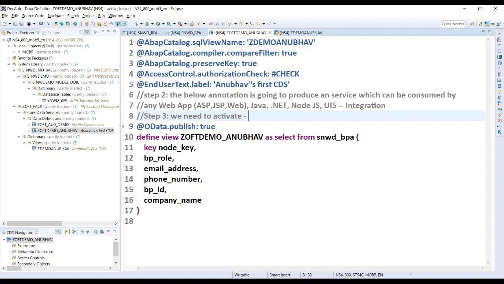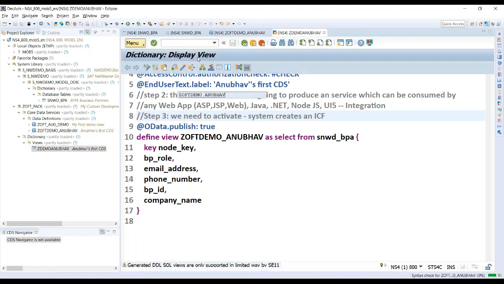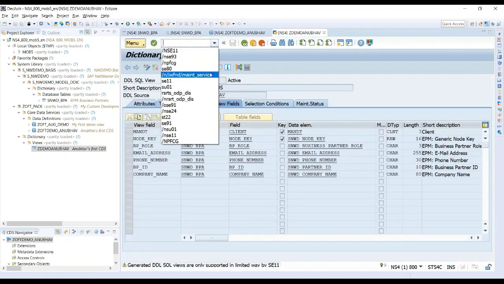So when you activate a service, what happens exactly? The system creates an ICF node. ICF stands for Internet Communication Framework. If you want to create any web service or web-based application or web-based interface out of an SAP system, you have to create an ICF node. And creating an ICF node manually is a very cumbersome process, and that's where SAP gives you a transaction code to activate these OData services for you easily. So you can go back to our SAP system, and the transaction code to activate the OData service is